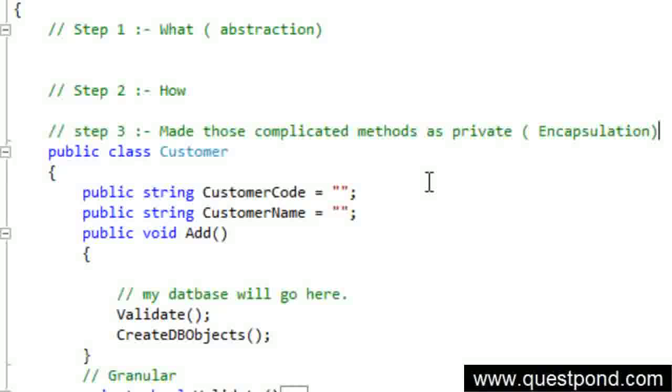So putting it all together, abstraction is a thought process. Abstraction is a modeling term, I'll say rather, and encapsulation is actually the implementation. So I hope that this session was useful. In this session we were trying to demonstrate practically. It is very difficult to demonstrate actually, but I tried my level best to demonstrate what exactly is the difference between abstraction and